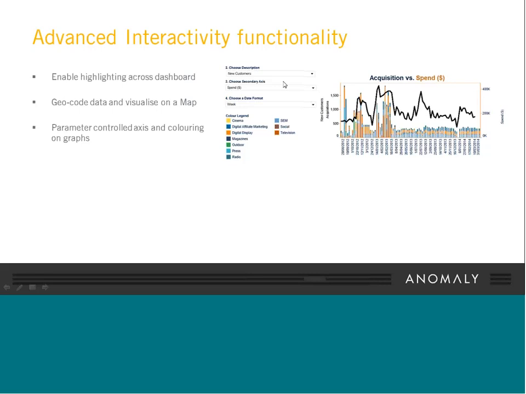Another example of an advanced functionality is creating things like a scatter plot or a two-dimensional matrix. An example we've got on the right-hand side is a graph that I've created which has 2 dimensions, and again we have parameter-controlled axes to determine what I put on those 2 dimensions. So I can control what I show on the left, on the x-axis, in this case it's average age, and on the y-axis is the average weekly income. And what we see here is a scatter plot. Each dot represents a postcode, and it shows the relationship between those 2 variables.